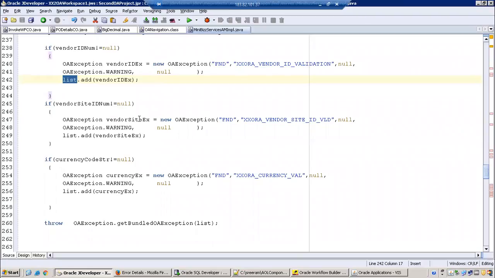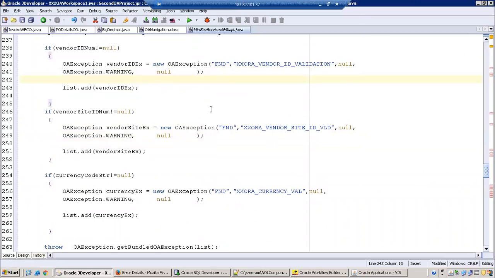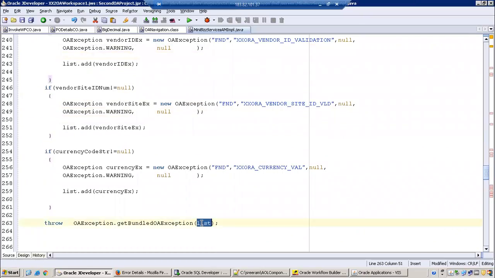But no, definitely there should be some issue. Add, okay. EX and then okay, same. Yeah, list.add, list.add, list.add. Okay, and this list it is telling not. Let me check the worst thing.